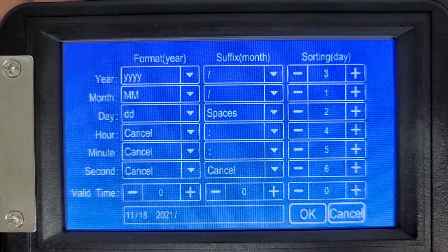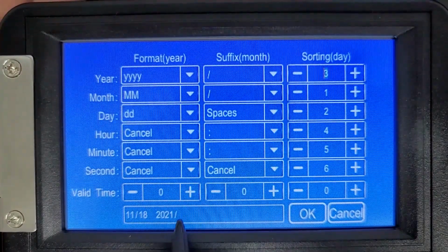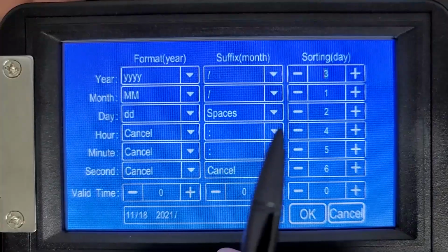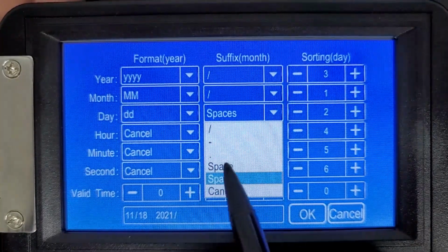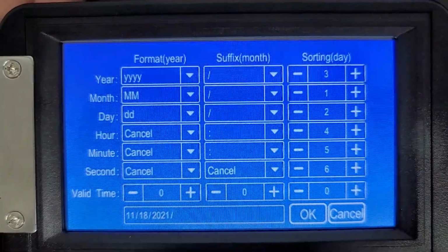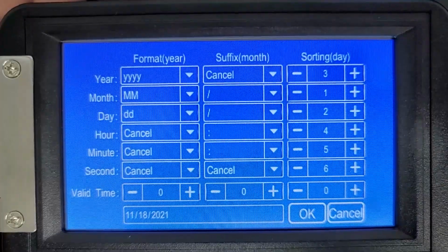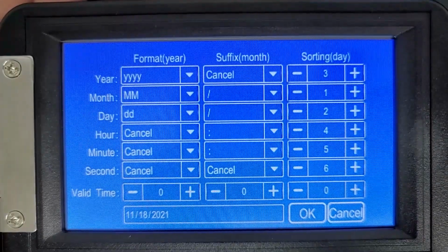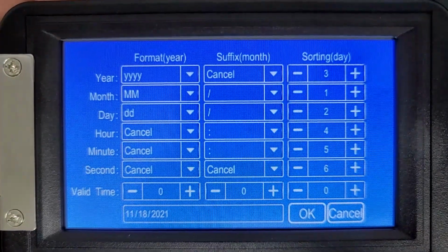So now I've got kind of a strange looking format here. We've got a space here followed by a backslash. We obviously don't want that. So after the month, or the day, I'm sorry, we're gonna put a slash. After the year, we'll just simply press cancel. And you'll see now I have a recognizable date format, November 18th, 2021, except my product doesn't expire the same